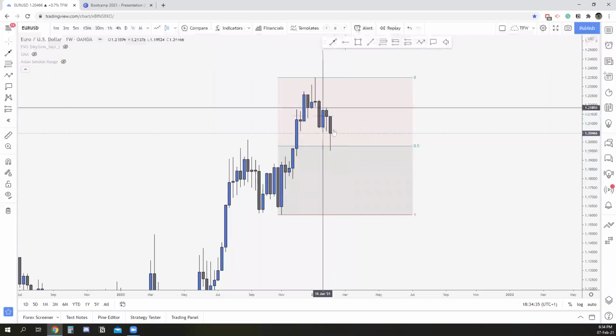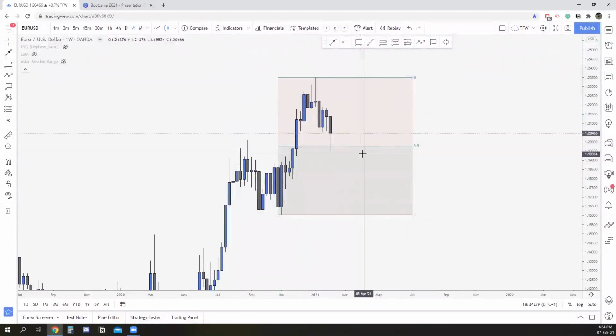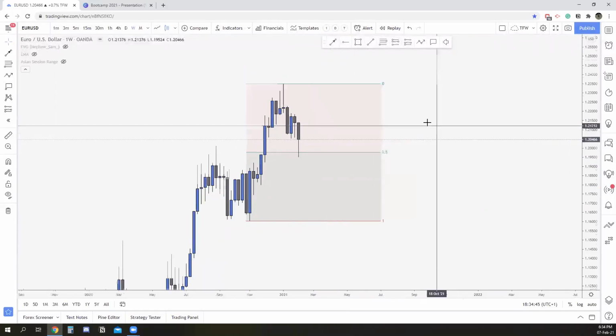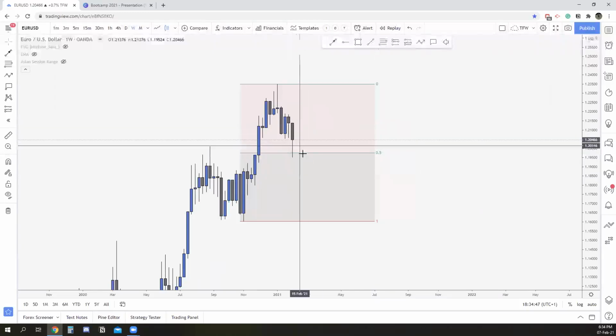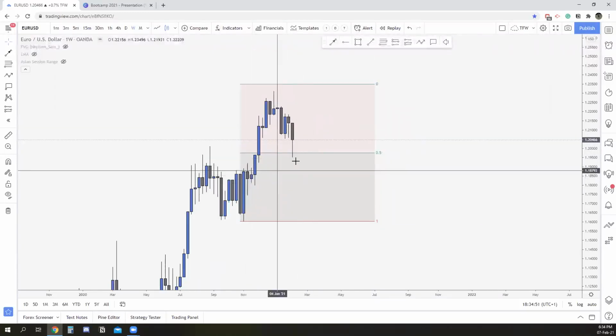So as long as the price stays above the 50%, so this is just a simple 50% fib, right? As long as the market stays above, this is a low probability buy. Why? Because institutions will be looking to drive the price lower in order to get a better price, to buy at a discount in order to later rush into the highs, right?